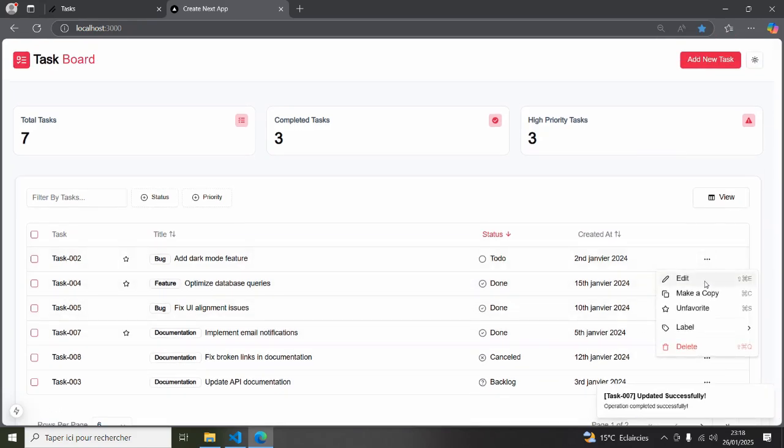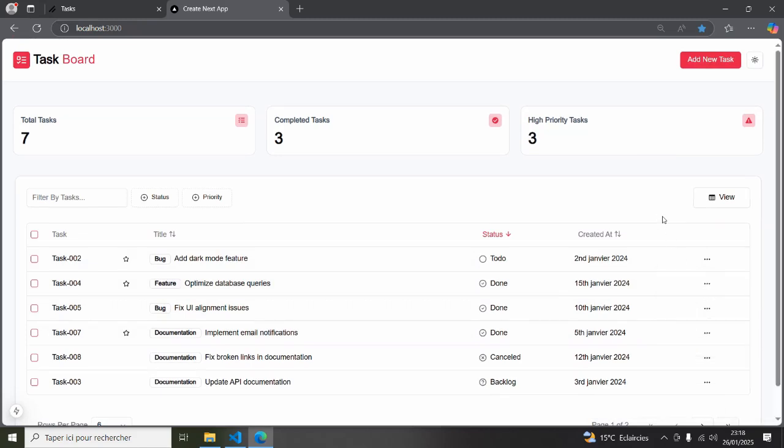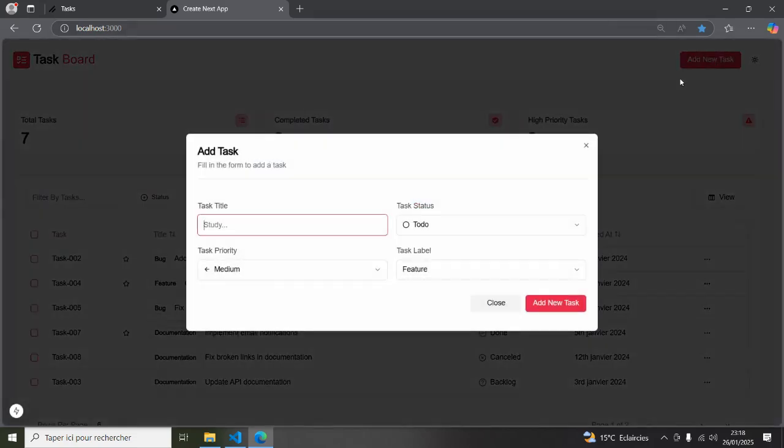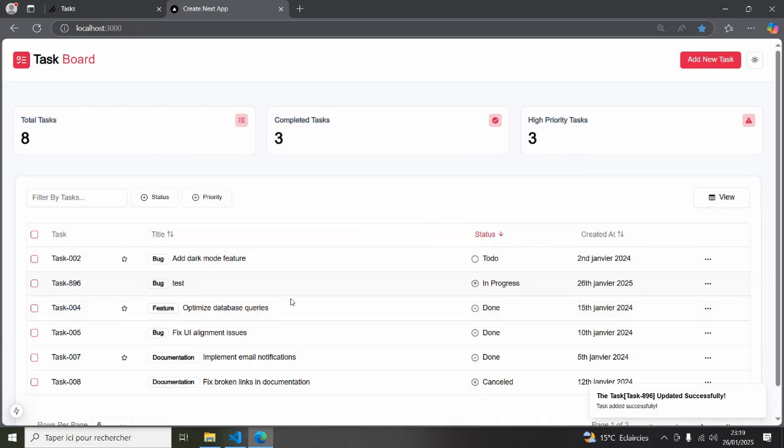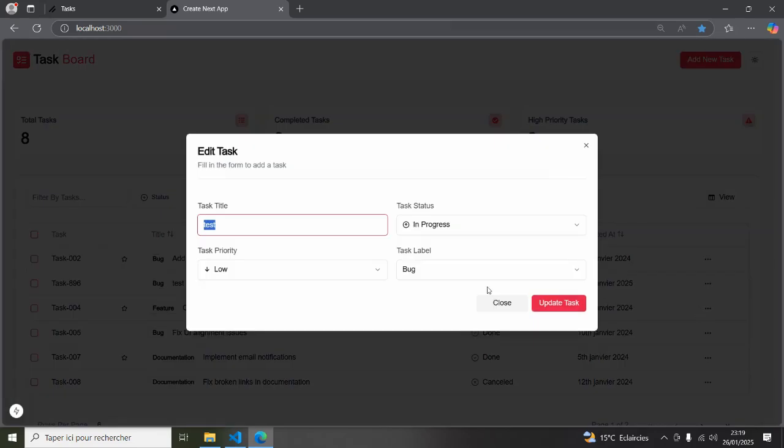And finally, we're having the edit. And before that, I'm going to just show you how we can add a new task. So when I click on add, I'm going to add something in here just to show how things are working. And I'm going to just update the elements in here and click on add. So as you can see, the task has been added successfully